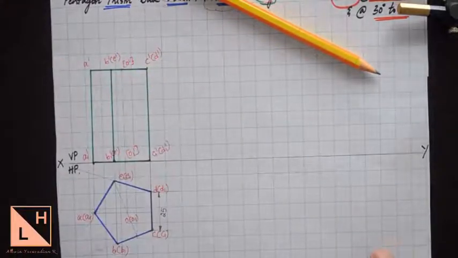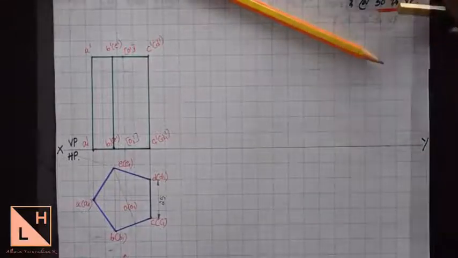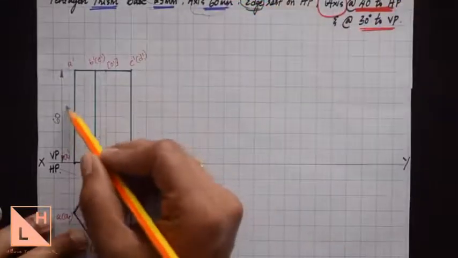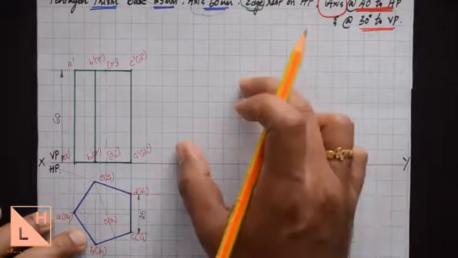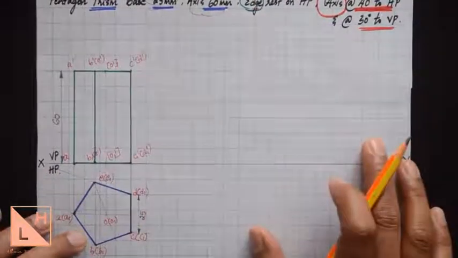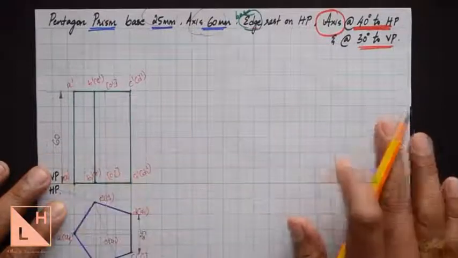That completes the first position for this pentagon prism problem. And in the front view of the first position, mention the length of the axis by drawing the dimension lines. So in the second position, as it is a solid problem, all the problems, the plane figure will be drawn